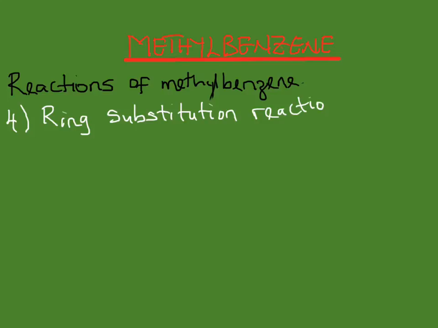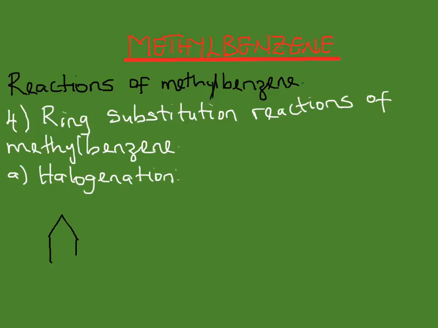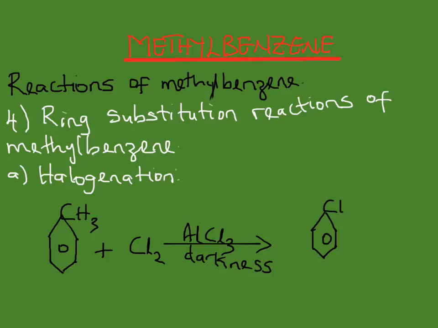The first ring substitution reaction of methylbenzene will be with halogens, that is halogenation. Halogens can be substituted in the ring in the presence of suitable halogen carriers and in the dark. Remember that in the presence of light, the benzene ring is going to undergo an addition reaction to yield cyclohexane, or that is going to yield us fluorinated cyclohexane. But in the presence of dark and an acid catalyst, it is going to yield us